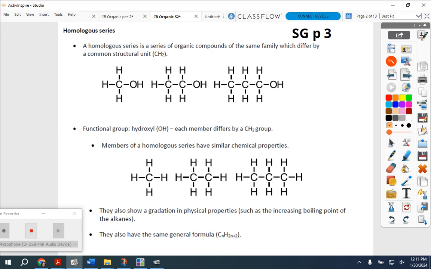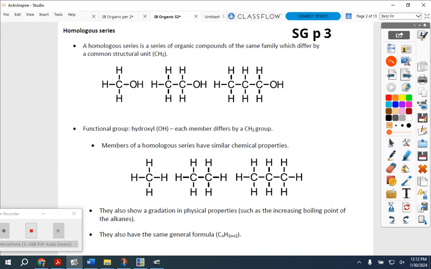A homologous series is basically the same structure, the same molecule, but with additional carbons added on, so a longer carbon chain. The simplest one is a series of alkanes: methane, ethane, propane, butane, pentane, etc. That is a homologous series where they tend to have very similar chemical properties because they have the same types